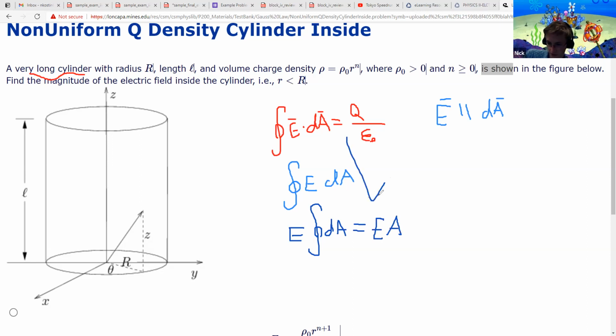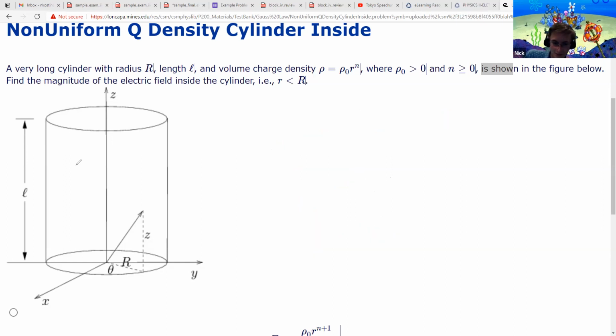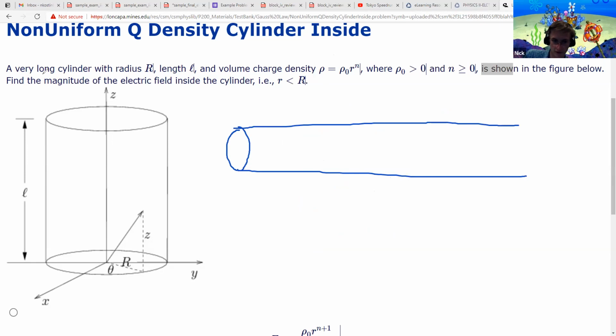Those are the two symmetry steps that we always have to use in Gauss's law in order for us to use Gauss's law to solve for electric fields. And if you remember all the way back to block 1, I know it was a crazy long time ago, but cylinders are one of those 3 cases in which those symmetry arguments are satisfied. Because if I have a cylinder, technically it only works for infinite cylinders, but very long means almost infinite. If I have a cylinder and I enclose it with, let's say, this red Gaussian surface,